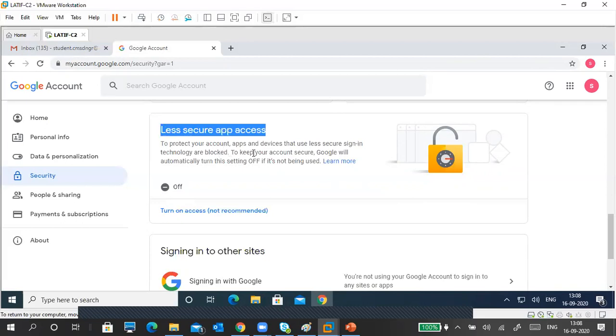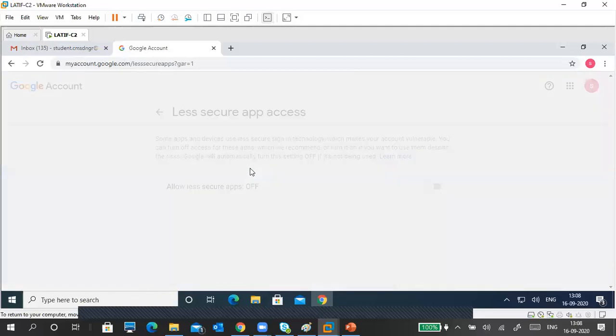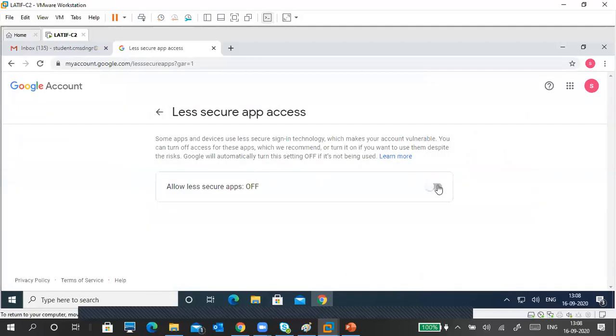Okay, why is it off? It should be on. Less secure apps access. So keep your account secure. Google will automatically turn this off if it is not being used. It should be turned on. Okay, so make sure that it is on. If it is off, you cannot configure in Outlook.